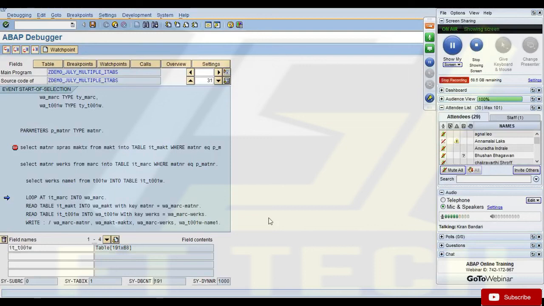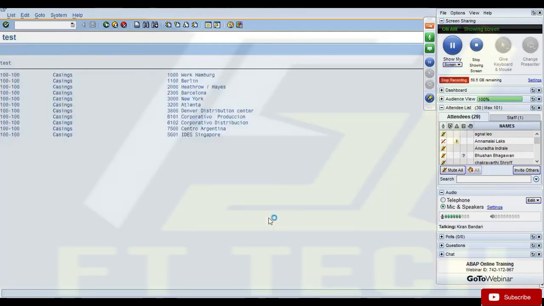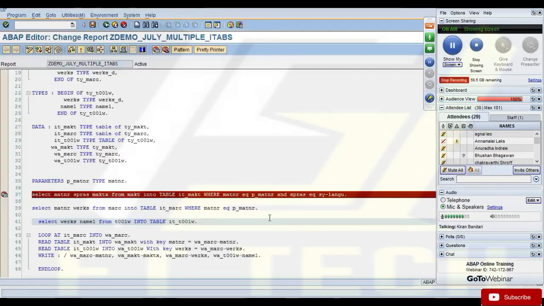So we never write selects without where condition. Always you need to restrict your selection by using the where condition. But the problem here is we don't have the field to compare, right?